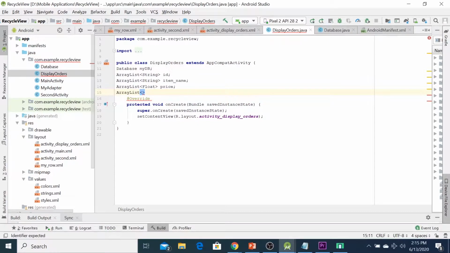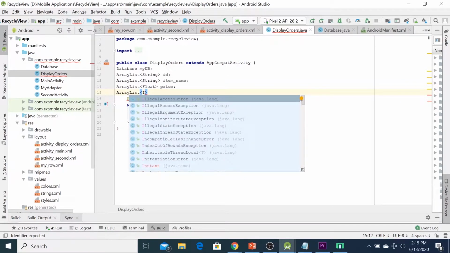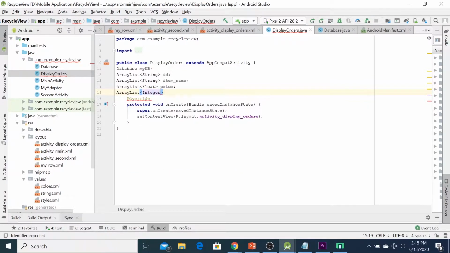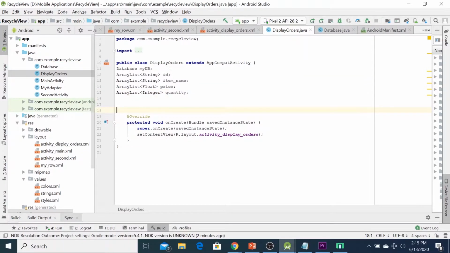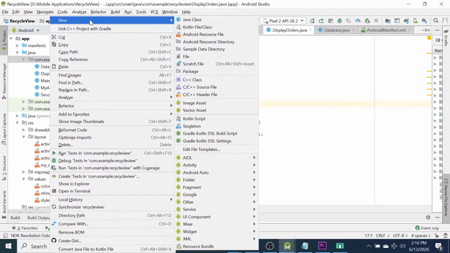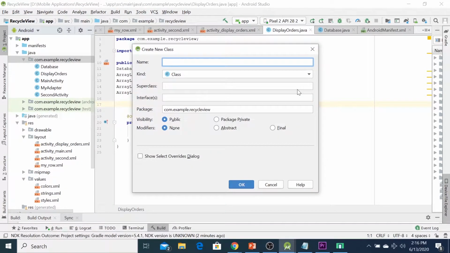And the last one is quantity, which is integer. We also need another adapter to save all the data. Here I create another adapter. So right click, Java class, say custom adapter.